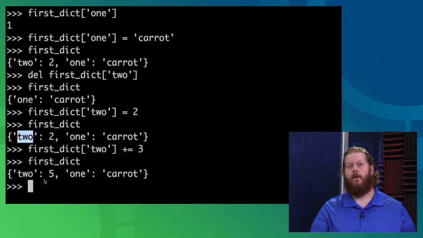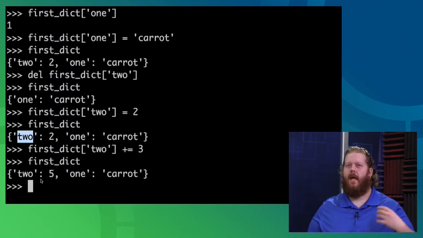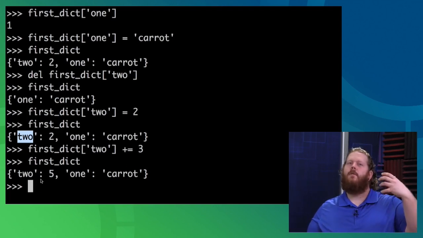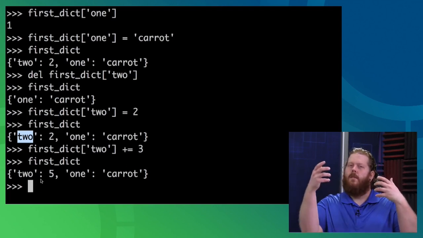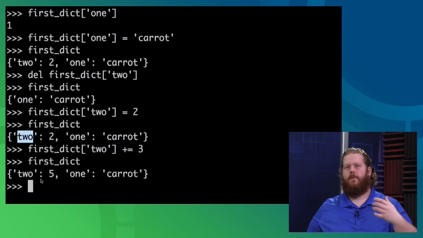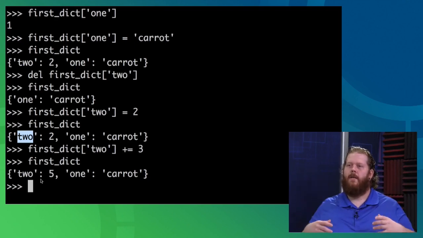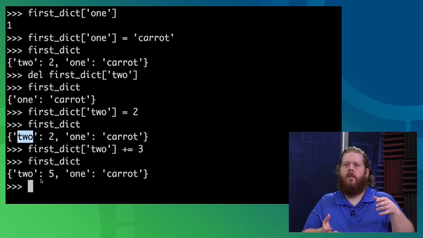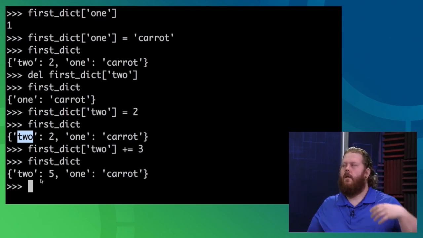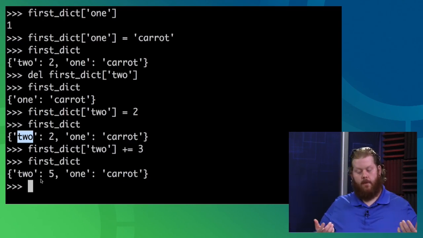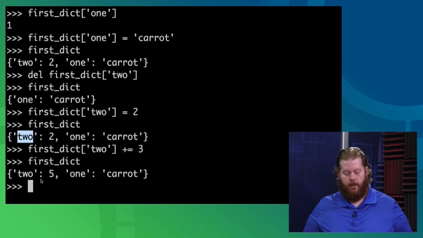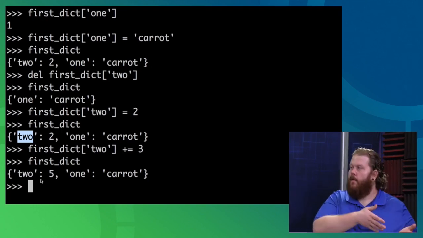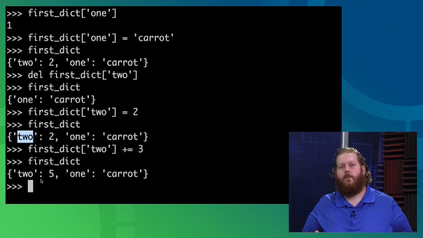So I can now use this kind of like a counter, like a way to go, well, 2 is related to these 5 instances of 2, or 1 is related to caret. I can use these as a collection where I can create associations. And this will come in handy, as we'll see in just a moment. So I think it's best to actually go look at a program about how this would work.